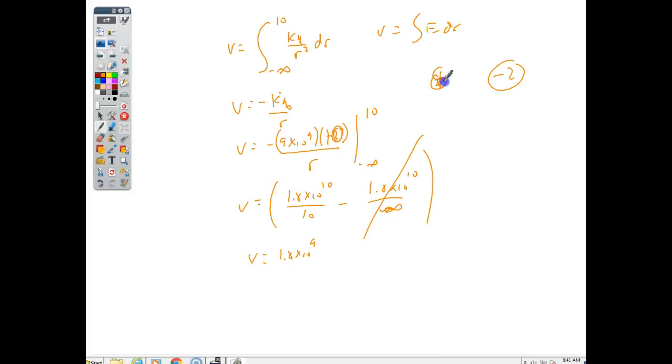Now, this is what's creating the field. This is what I'm moving around, right? How much electric field do I have in that? So this should have been a 10, which means the 10s cancel out. I would have got 9 times 10 to the 9th volts. Then how do I figure what the potential energy is? VQ equals U. My voltage is 9 times 10 to the 9th times Q, which is